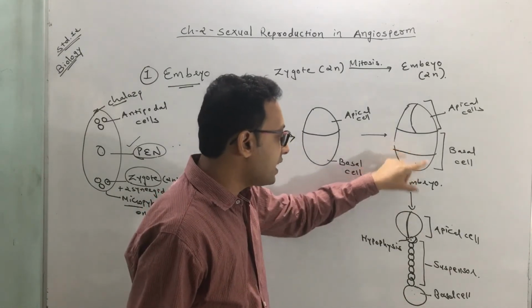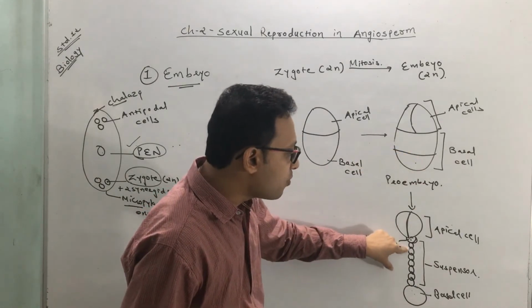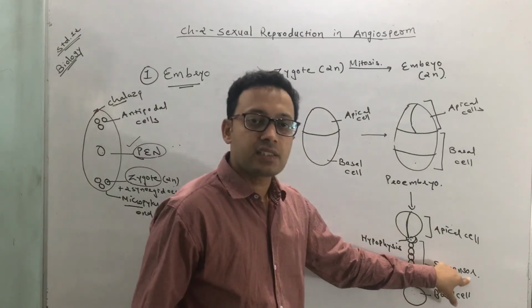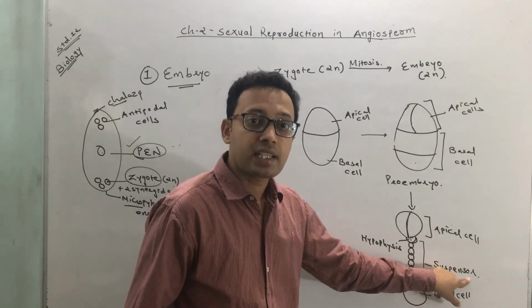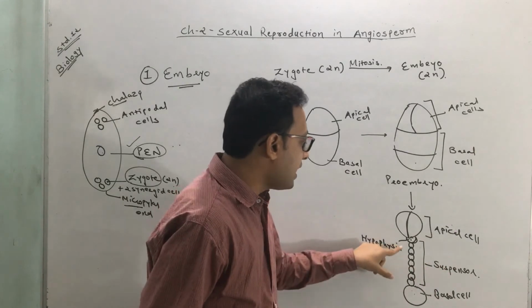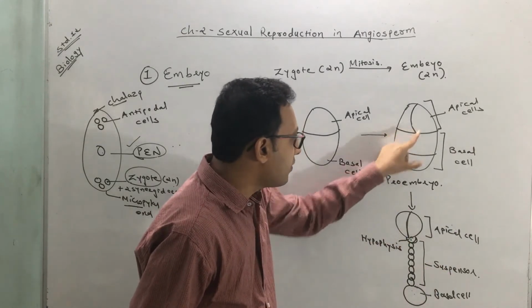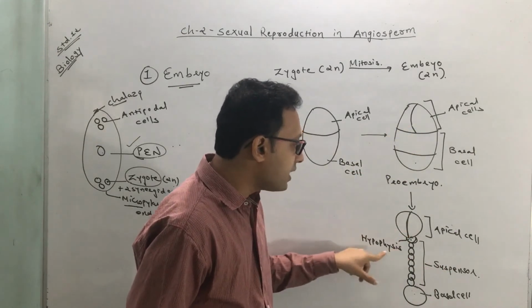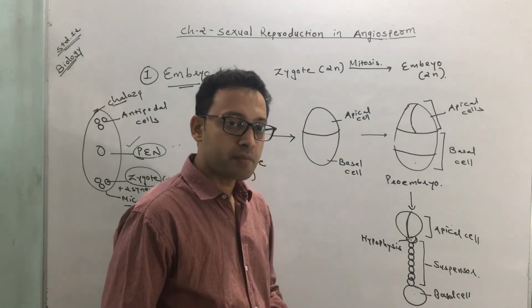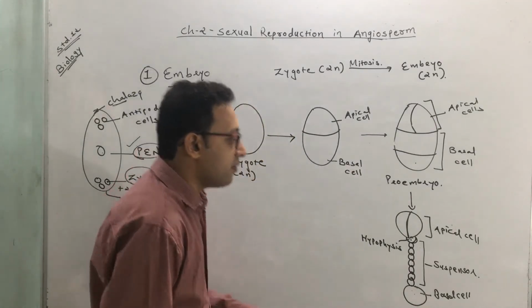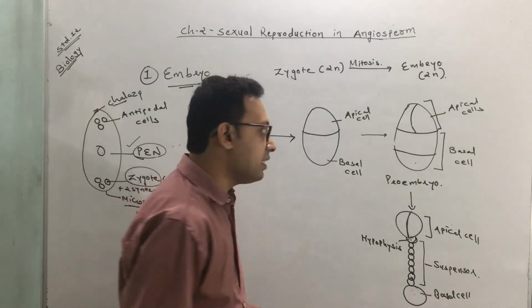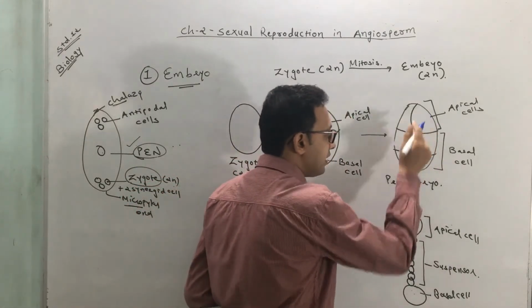But the cell towards the chalaza continuously divides and forms a group of 20 to 25 cell structure called the suspensor. It's like a filament. One of the cells of the suspensor that remains in contact with the apical cell, we call it the hypophysis. Okay. In the meantime, while this process continues, this apical cell also divides